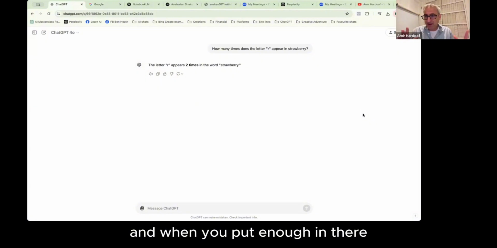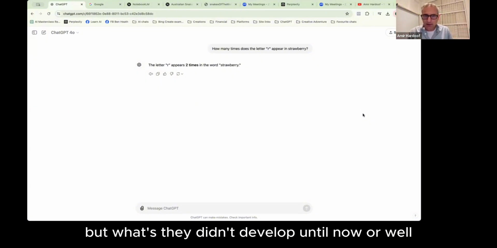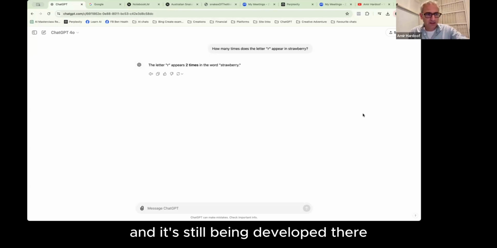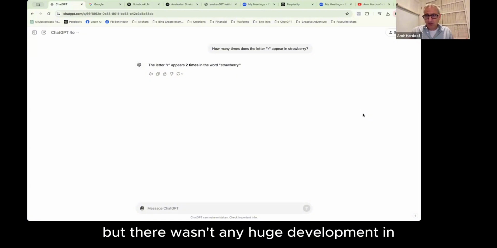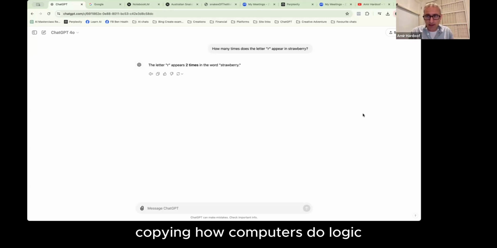And when you put enough in there, it starts generating these intelligent looking results. But what they didn't develop until now, or well, they've tried a lot, of course, and it's still being developed, but there wasn't any huge development in copying how we actually do logic. Okay, copying how computers do logic and how humans do logic is still very, very separate.